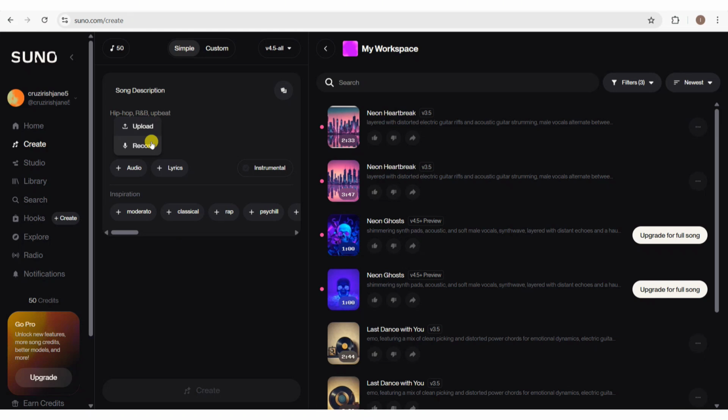And then Suno will extract the melody and structure from your original song. Now after that, choose the cover option. And then after uploading, select the cover song option from the menu. This tells Suno you want to reimagine the song in a different style. So in here, you just need to explain the changes that you want to be made for that song that